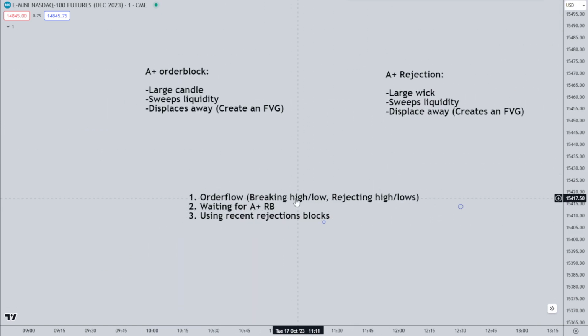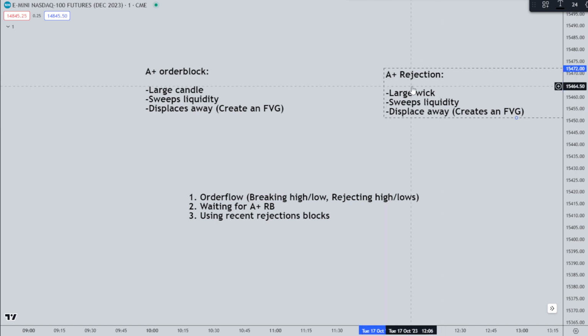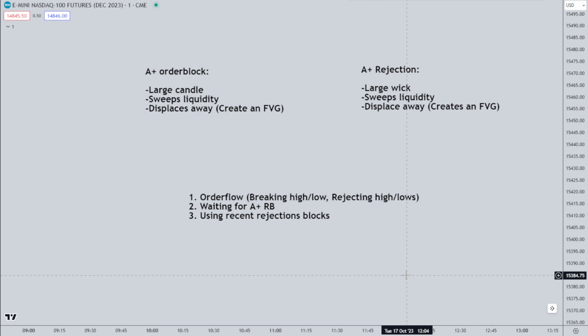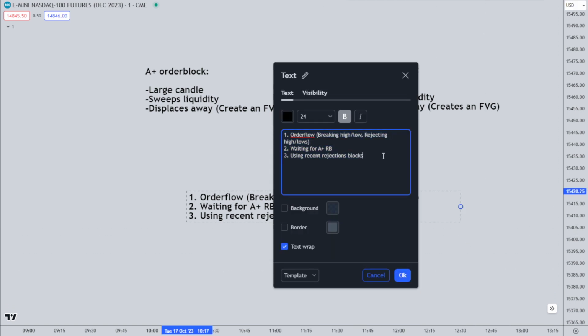With order flow. So you want to trade with order flow, use an A+ rejection block, and you want to be using recent rejection blocks, not old ones. And my next point will be: not using rejection blocks